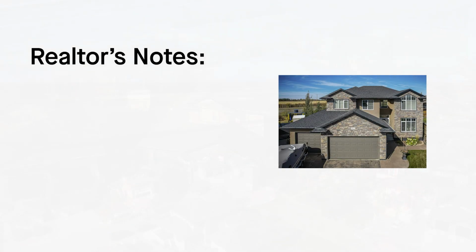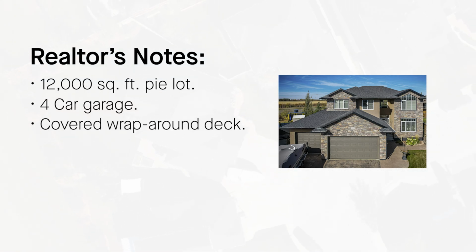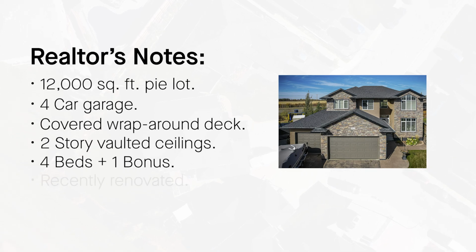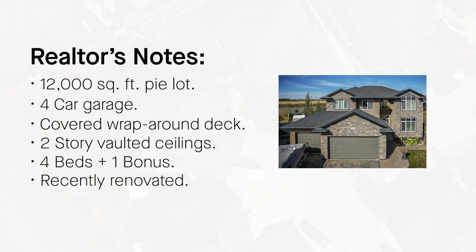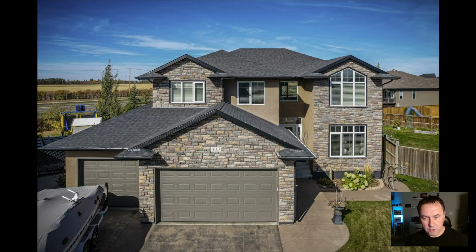First, it has a huge 12,000 square foot lot, a 4-car garage, a covered wraparound deck, 2-story vaulted ceilings in the great room, 4 bedrooms, and lots of bonus room. There are recent renos, including new flooring throughout, an oversized kitchen, new appliances, and a large island. Let's get started. So the first shot we see here, this is the key shot you need in every